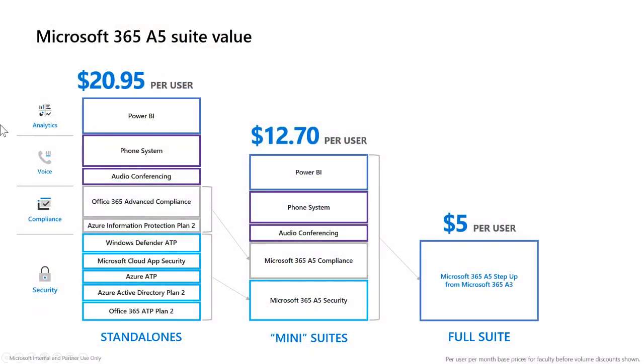So when I talk about licensing individually, so per user to buy all these either mini suites, for example, or standalones, we're looking at kind of 20, this is dollars, so this is probably around £18 per user. We start to look at that stack as a mini suite, okay, $12.50. But actually, if we're looking at upgrading as a full solution from A3, we're only looking at $5 additional, probably £3 per user increase. So this is just something to consider.